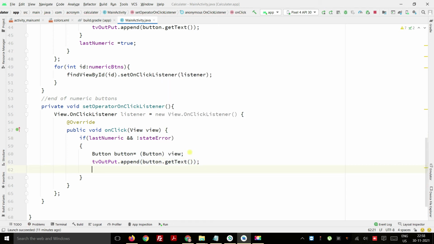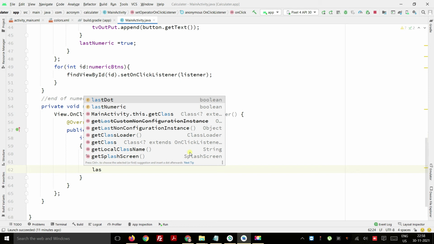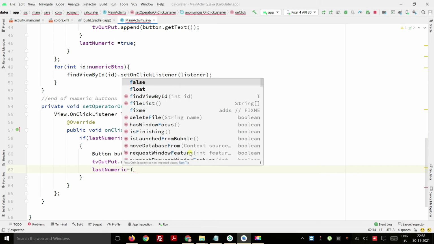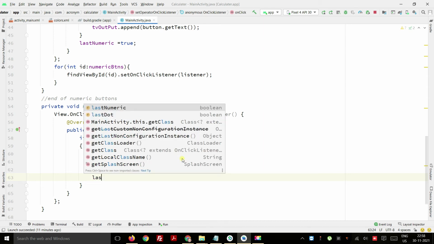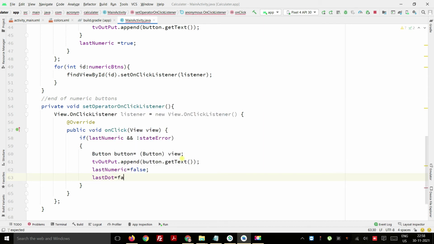In the next stage, the last numeric button has to be set to false because we are calculating it. And for the last dot, we reset the dot flag and put last dot equals false.